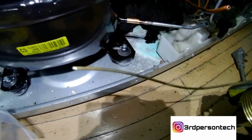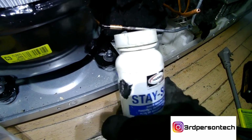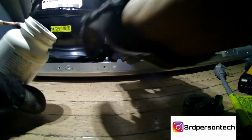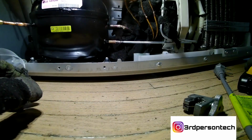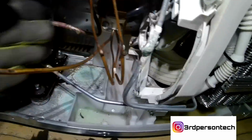Now, for copper to silver, we use 15% silver when brazing. If you use anything else, you are going to have a leak, and I have had several leaks when I didn't use 15% silver. So trust me on this one. Remember, you need your flux on your copper to silver lines, or your soldering will not stick. All right, so once you put your flux on, you're ready to go. You get your 15% silver, apply heat. You're going to apply the majority of the heat on the copper side. If you apply too much heat on the silver side of this joint,